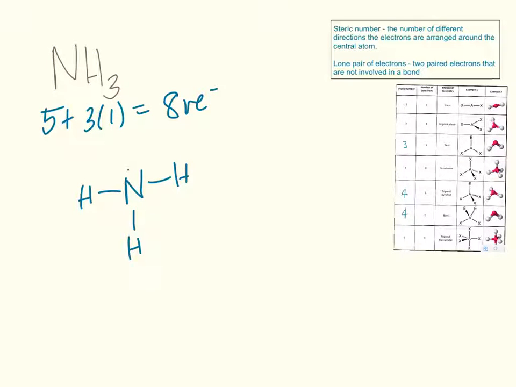And so I need to find my steric number next, and my steric number is going to be 4, and my number of lone pairs on my central atom is 1. So remember, these lone pairs count as a steric number. There's 1, 2, 3, 4 different directions the electrons are arranged around the central atom. And then we've got 1 lone pair. So if I look at my sheet,